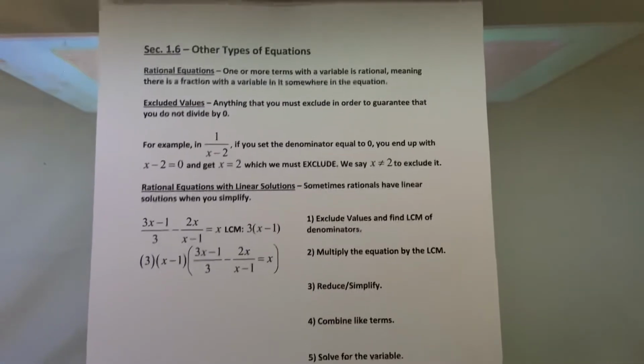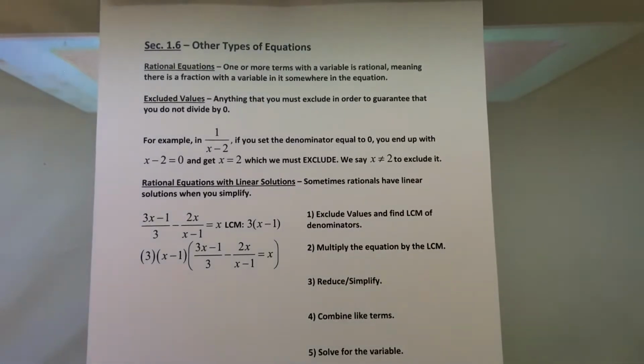Okay, College Algebra 1.6 is about other types of equations besides quadratics and linears. Primarily, it's about rationals and radical equations. We'll start with rationals, one or more terms where a variable is rational, meaning there's a fraction with a variable somewhere in it. Most of the time, you'll have an x or some x plus or minus something in the